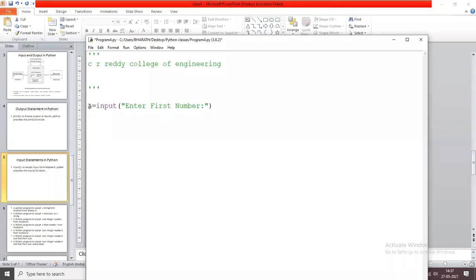And I'm taking another variable b equals input, enter second number. Now I want to print the addition of these two, a plus b.